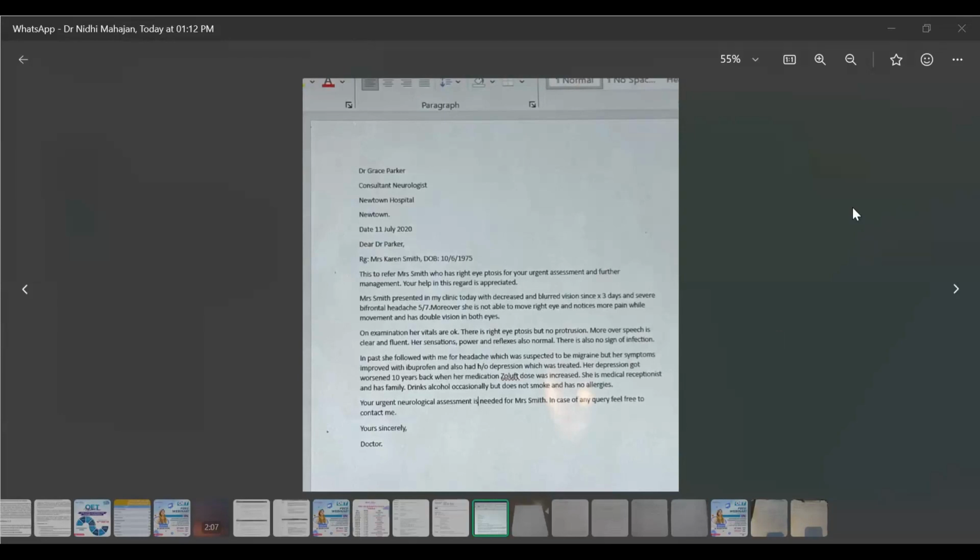Okay. I'm sorry, Dr. Nidhi, it is good, but still there is a more acceptable way of writing and starting the purpose of the letter, which is, I would like to refer Mrs. Smith, who has right eye ptosis. Your urgent assessment and further treatment of the patient would be highly appreciated. Full stop. In this way, your purpose is done. And if you write a purpose like this, then you are definitely going to score 3 out of 3 or 2 out of 3 in your purpose, because we know that